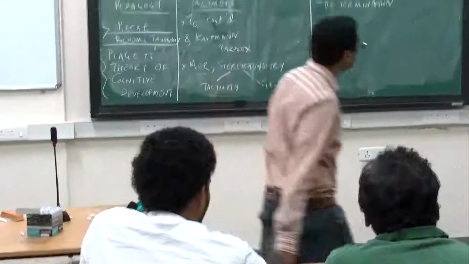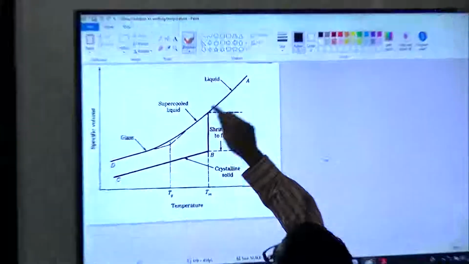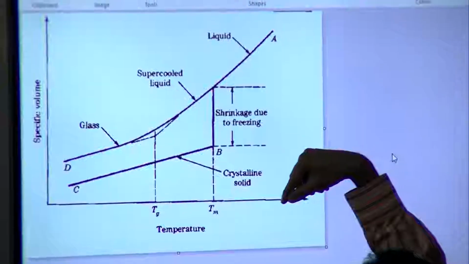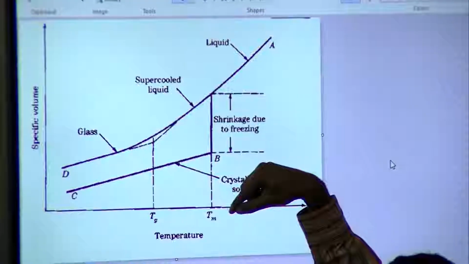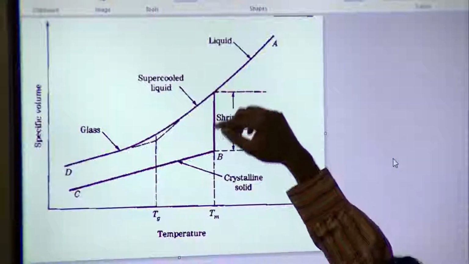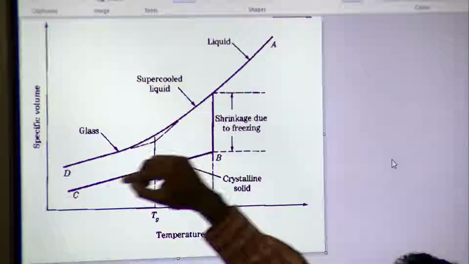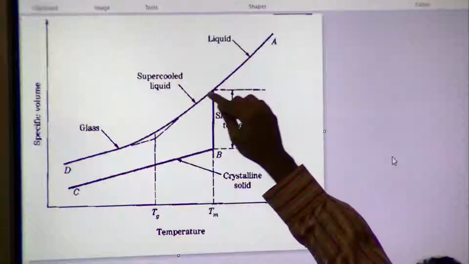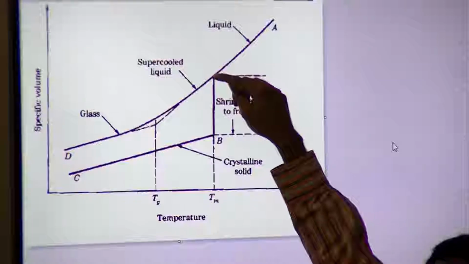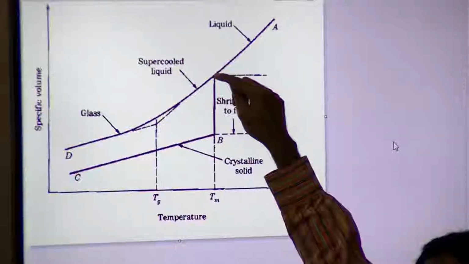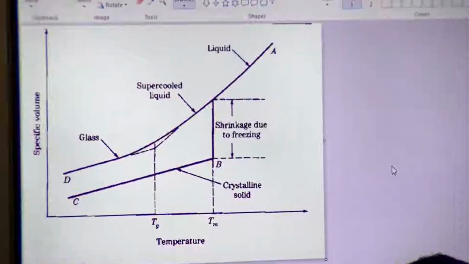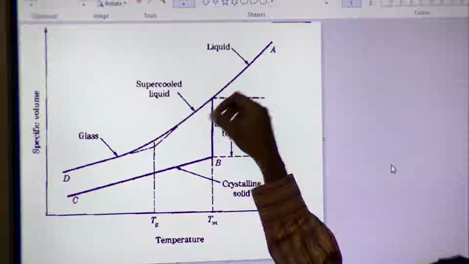Correct. So, if I were to do this infinitesimally slowly, that means I take the liquid, I am going to lower the temperature of the liquid, and I am going to do it very slowly. That means it is a thermodynamic experiment, right. Then at this point, I would actually see a freezing event happening, and then I would come down. This one, on the other hand, I am not even giving time for the liquid to solidify. So, it is a liquid, though at this particular point it should in principle have undergone a transition if it was an experiment done slowly enough. So, this is a supercooled liquid because it is a liquid below the freezing point.